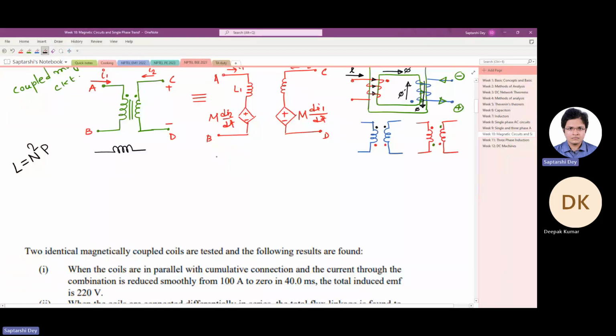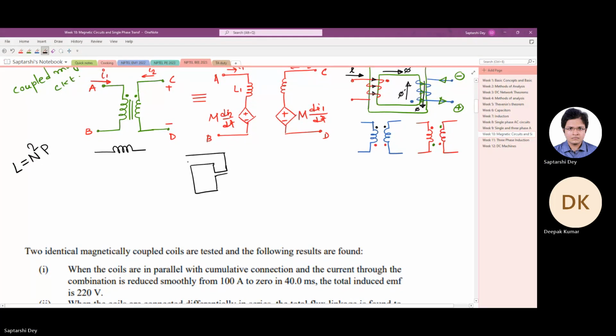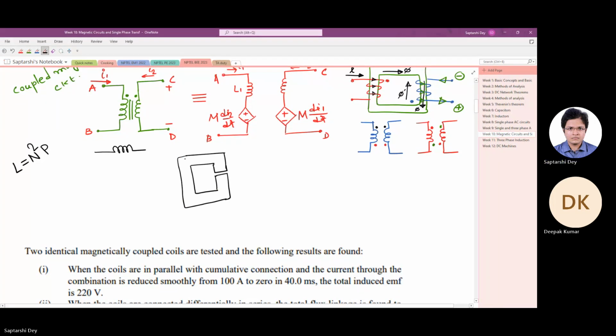There are several types of course. We will not go into that kind of discussion. I will take a simple example here of a C core. Say it looks like this. There is some air gap present. So this thing is made of magnetic material, maybe iron, maybe ferrite, depending on at what frequency you are